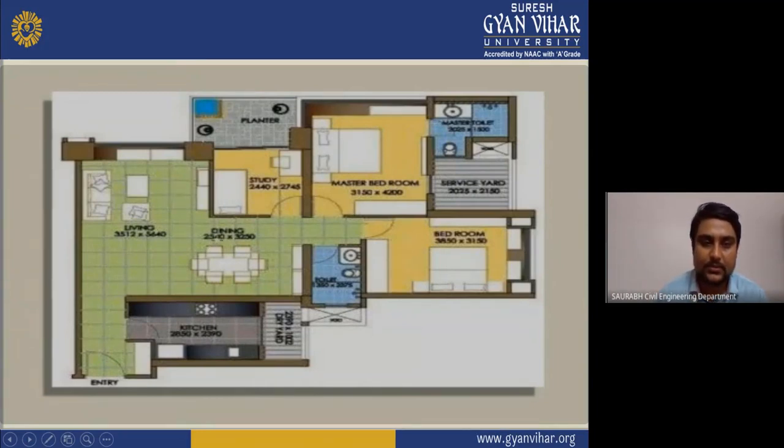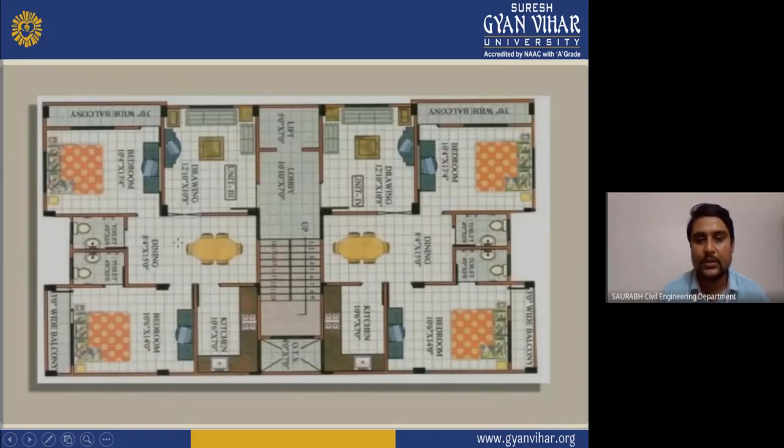As you can see here, this is your living room, and there is a study area. This is your master bedroom. These are the typical floor plans, and this is designed according to the sun diagram and according to our system. In the last, I am showing this typical floor plan because you will get the idea what should be the direction of these rooms. And you can see this is your 3 BHK partition typical floor plan, and here two flats are also there.